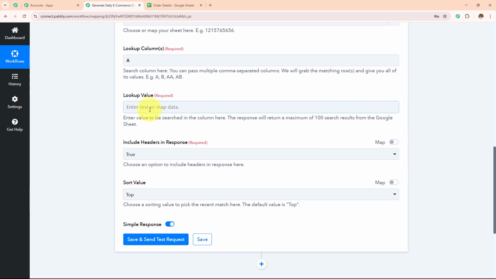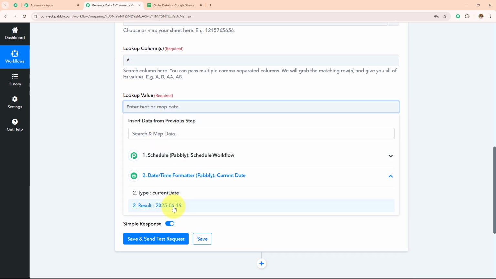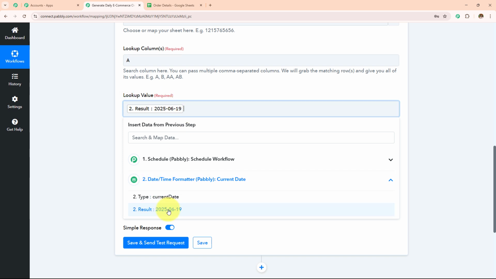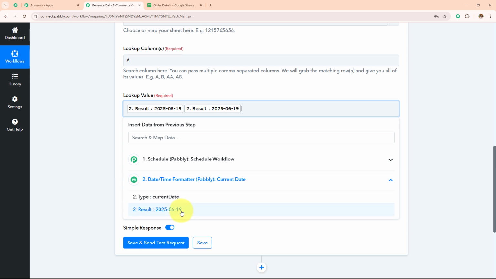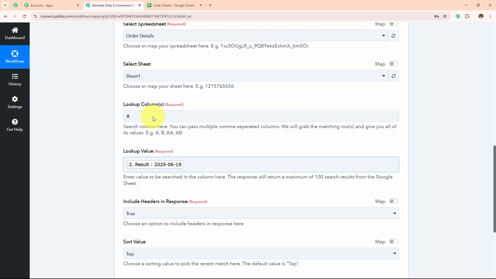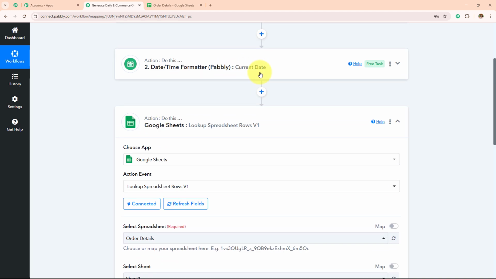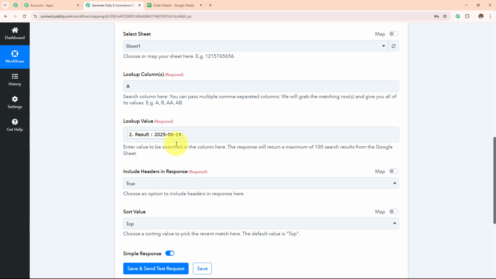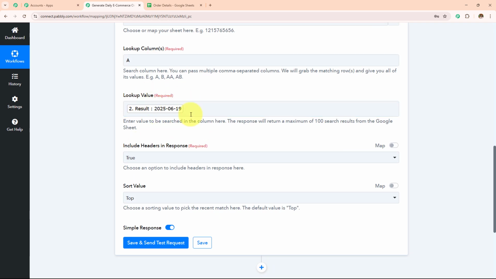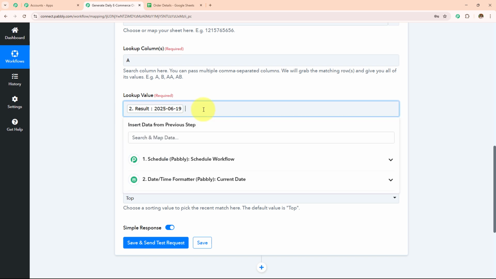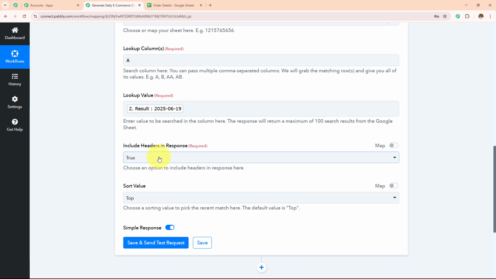And then I'm going to enter the lookup value. So the lookup value is the current date which I have received in my previous response. So what I've done, I've simply clicked on this field, clicked on this date time format a current date and mapped this. This process is called mapping. Now whenever I'm going to receive the response in this current date, like I have received the today's date, which is the current date. Now I'm going to schedule or run this workflow tomorrow also. So I'm going to receive 20 June and that will be replaced in this field. If I enter 19 June manually, then this will become static and I'm not going to receive tomorrow's order details or the report. So here, that's why we use this mapping.